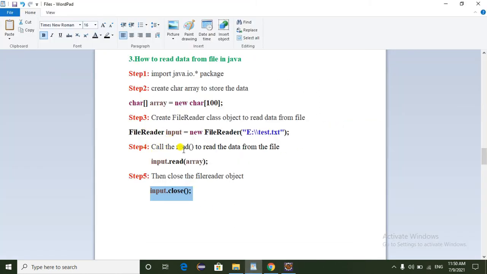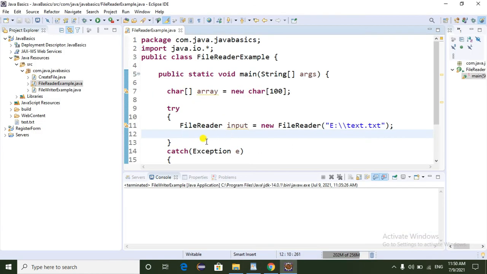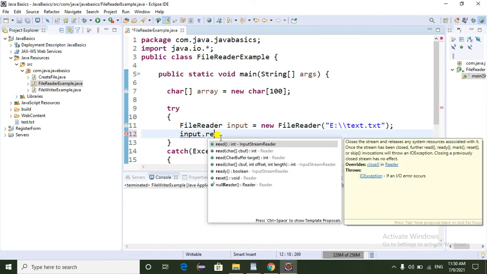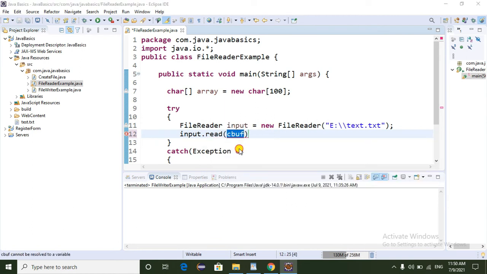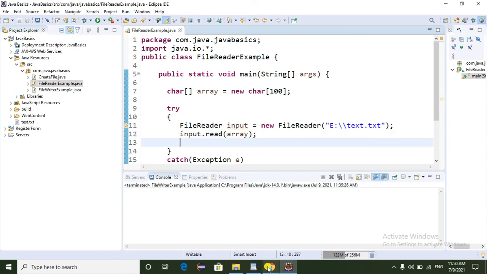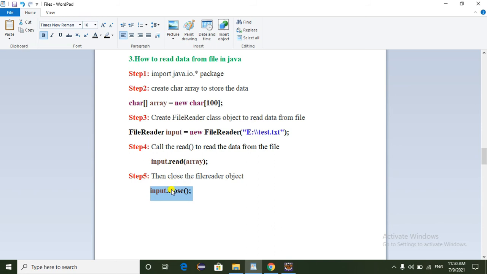Fourth step is call the read method to read the data from the file. So here we have to read the data with the input dot read method, and in the read method we have to pass the character array. And the final step is we have to close the file.